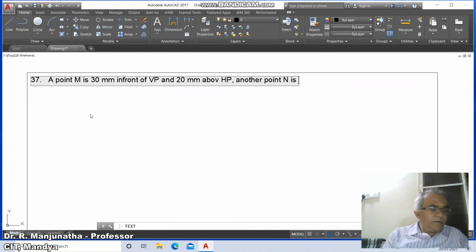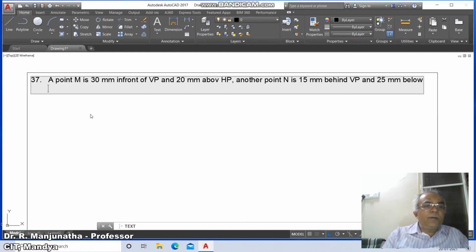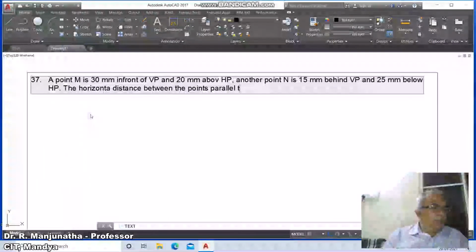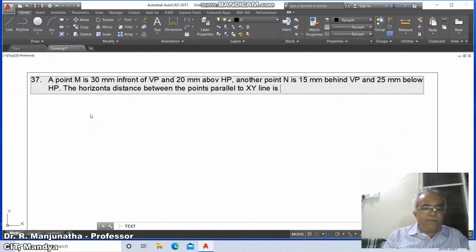Another point, capital N, is 15 mm behind VP and 25 mm below HP. The horizontal distance between the points parallel to XY line is 50 mm.